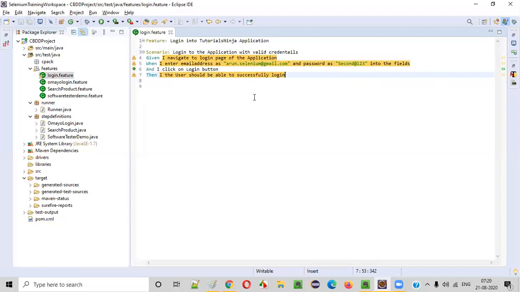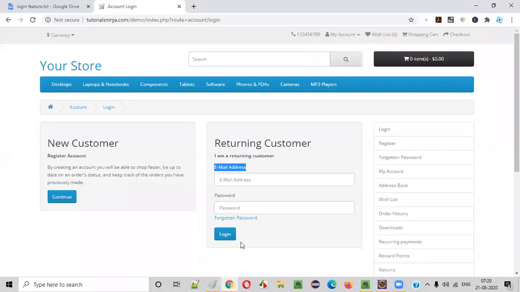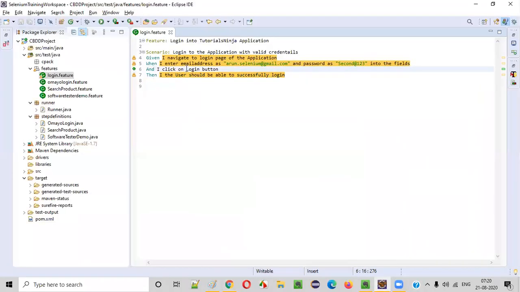So you see somewhere I click on login is already implemented elsewhere. So I have to modify this so that this step should belong to Tutorials Ninja. So I click on the login button. Now save this. You see this time it's becoming a different step. Earlier it was matching with some other login, so this is not that one, this is Tutorials Ninja. I just added the word, and because of that the step became completely different from the other step.